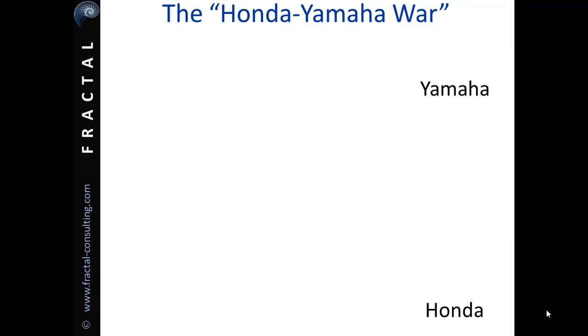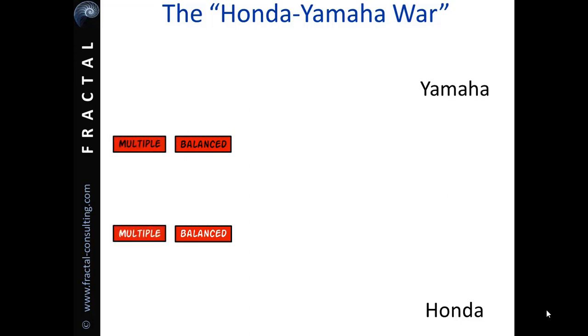So let's look at differentials by using a particular case. It's one of our patterns of strategy called Marketect, and the example we're going to use is about the Honda-Yamaha motorbike war of 1981 to 1983. In the early 1980s, Honda and Yamaha were the two biggest motorcycle manufacturers in the world. At the start, both actors were pretty similar. In power terms, they were balanced in terms of the strength each had, and each had multiple concentration, operating in the same markets and with around 60 models designed for the same market segments.